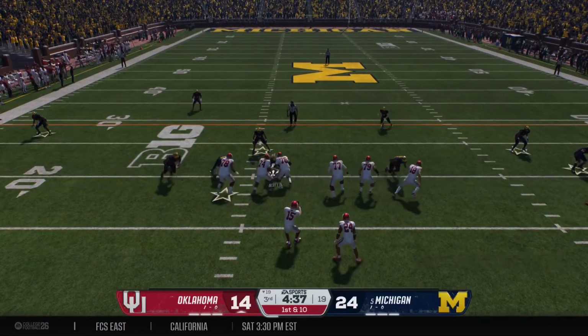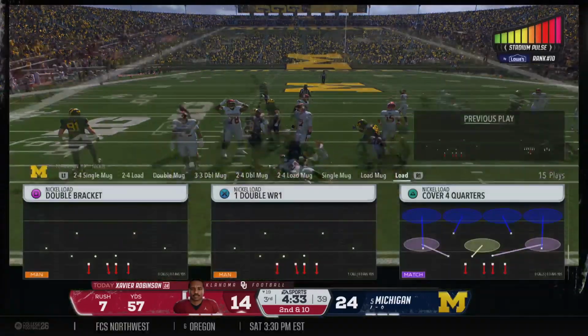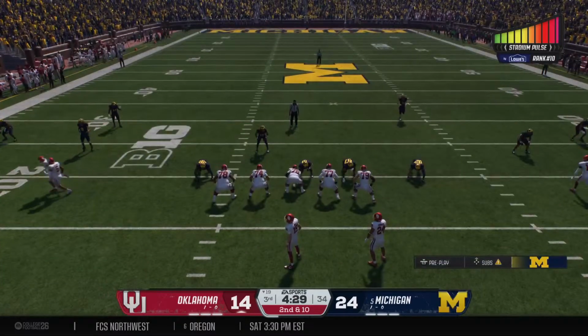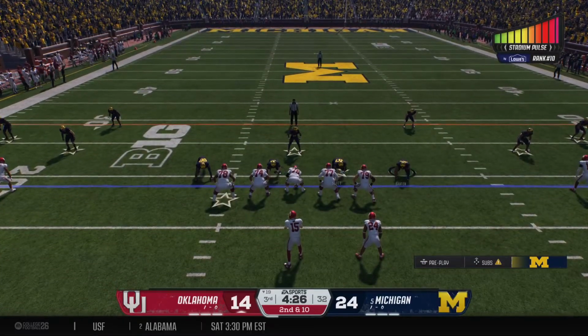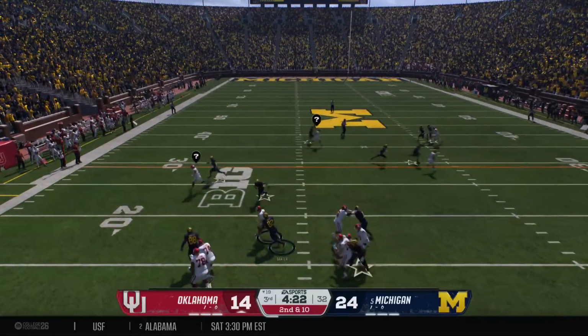Now you'll see me swapping players here because I've had it in the past where if I stay on one player, even though I'm not touching the controller, it will take the player out of the game. I don't know if it's stick drift or what, but this is just to avoid that.